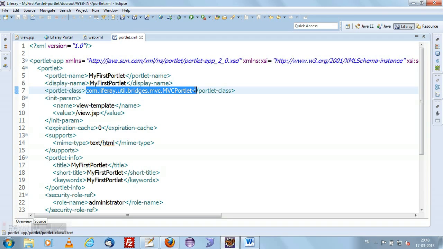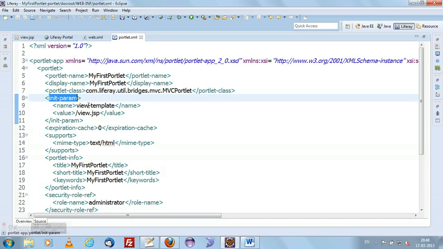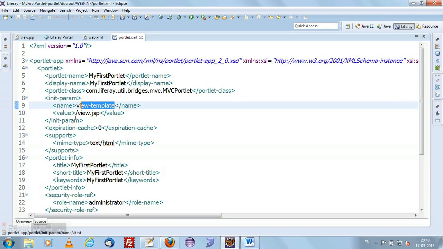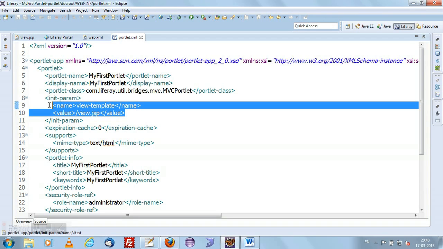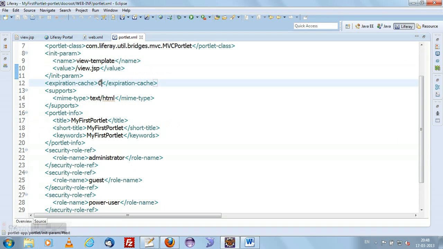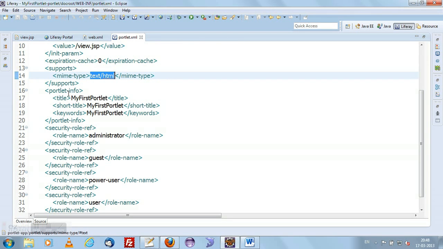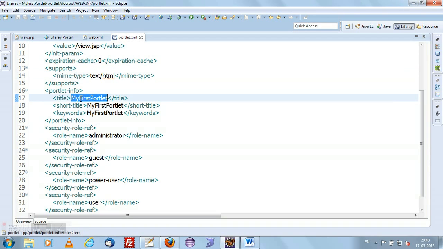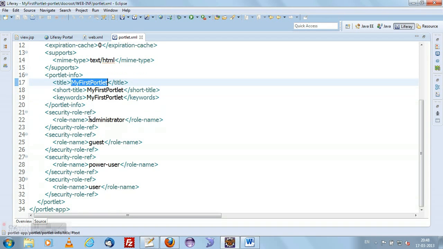So this is added by default, and here is an init param, view-template is the init param, and view.jsp is added over here. So this is the initial page when our portlet is initializing, we will be seeing this view.jsp. And expiration cache 0, I'll be explaining this later. This is a kind of caching the pages, and those things I'll be explaining in the next tutorials. And here the MIME type is text/html, and portlet info we have given, and